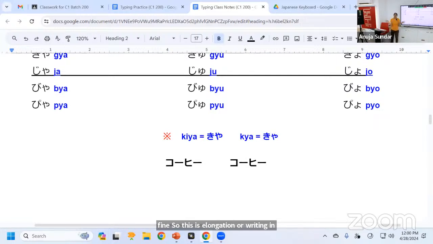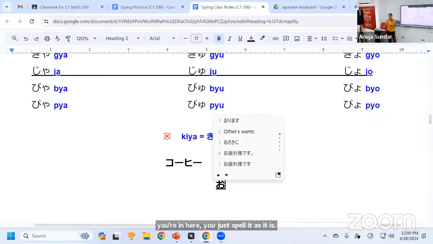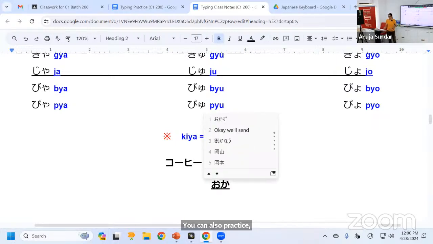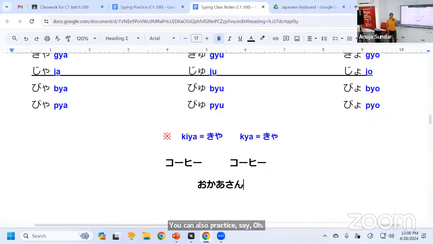Elongation in hiragana, you just spell it as it is. You can also practice, say, okaasan, o-ka-a-sa-n. Okaasan. 大丈夫ですか? Yeah, 大丈夫です。 Yes? ありがとう。 いえいえ。